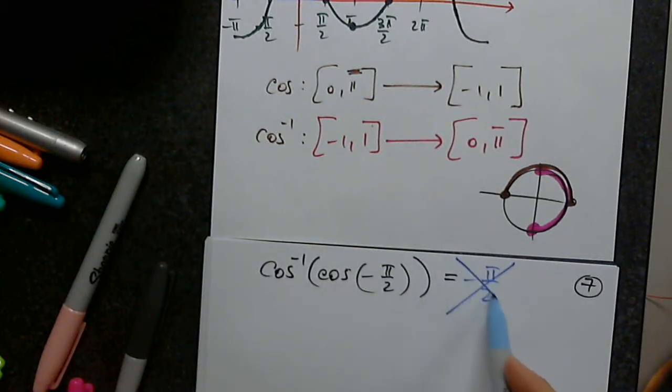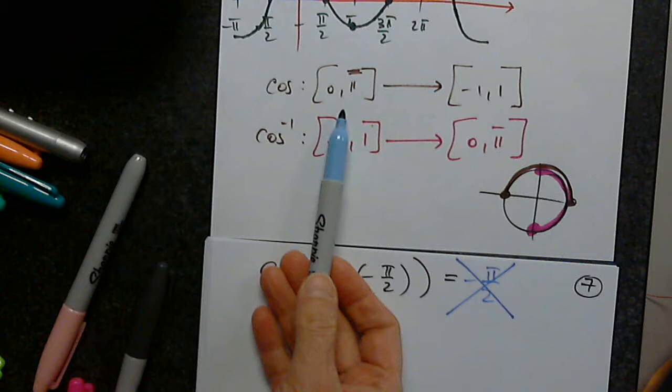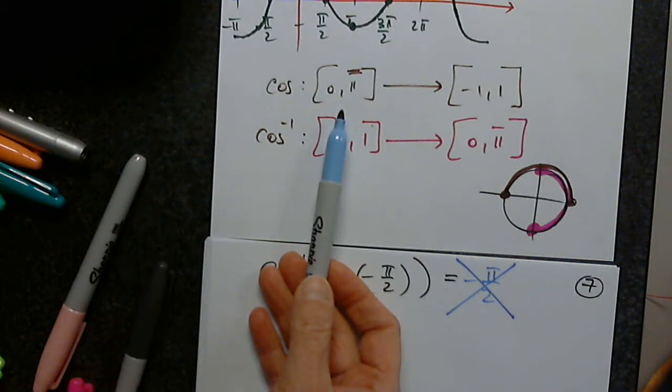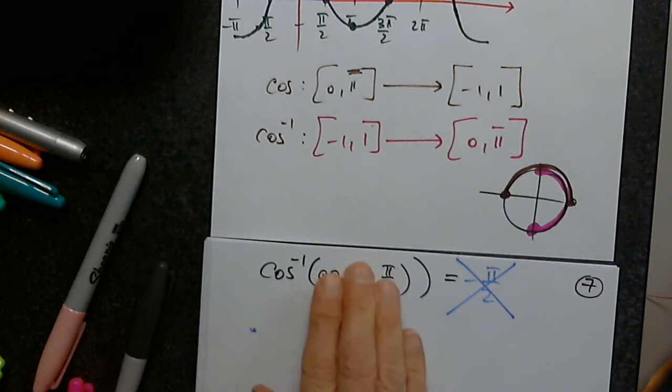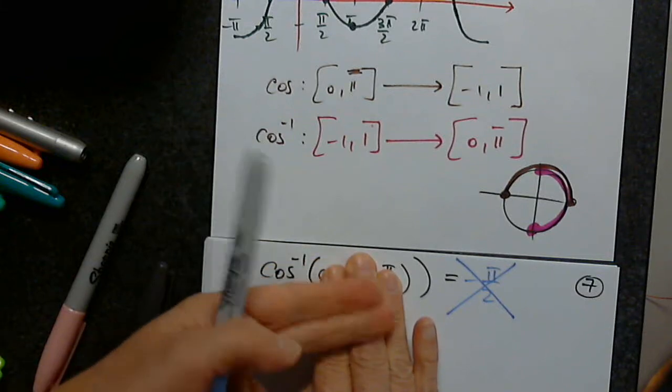However, this is not correct. How come? Because negative pi over 2 is not between 0 and pi. Okay? How do I still determine this? Step by step. I have to use a step-by-step procedure. I have to find what cosine of negative pi over 2 represents, and then cosine inverse of that number will